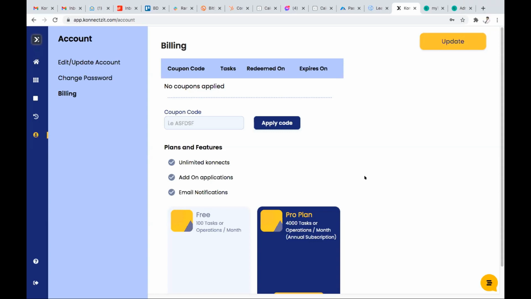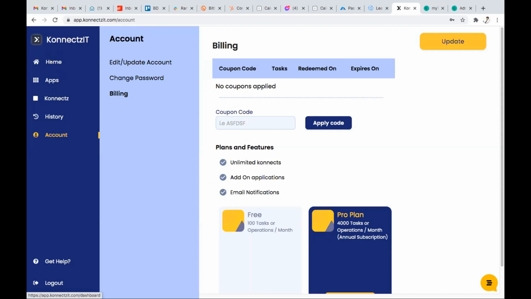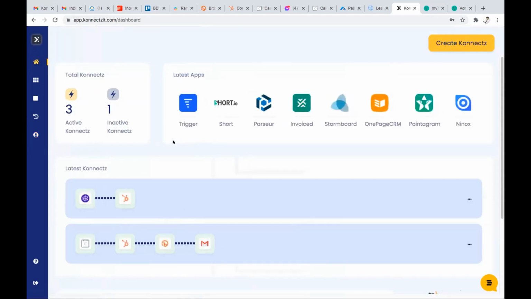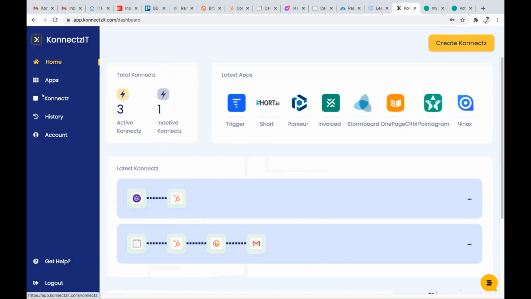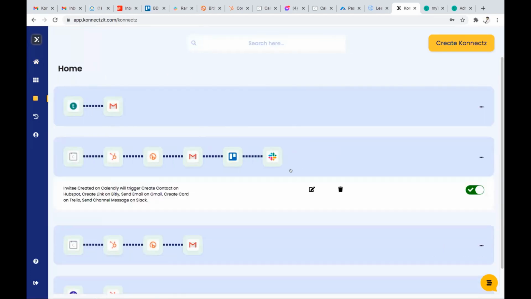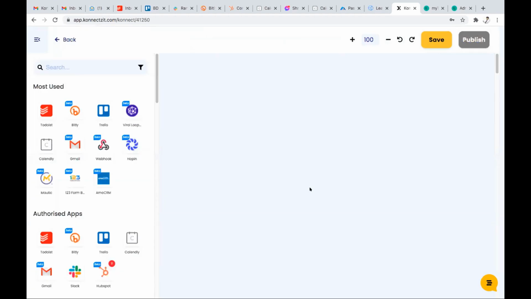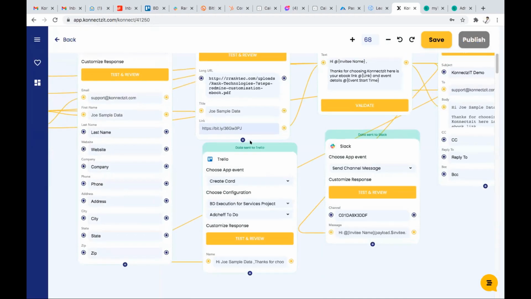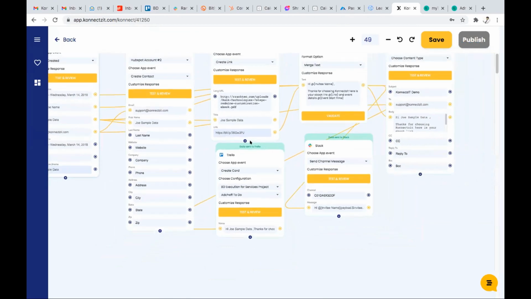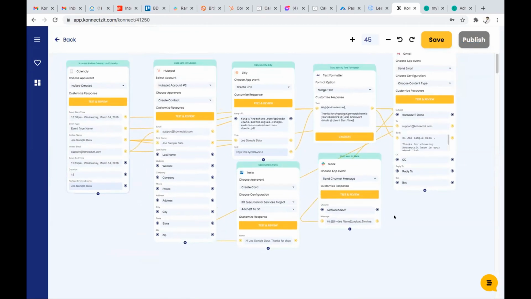Got it. Okay, that's great to hear. With that in mind, I think we can sum up. We've seen basically what the app can do. It certainly looks quite interesting, and it's very powerful in terms of being able to create multi-step automations. So thanks, Rakesh, for showing us through the app and everything.